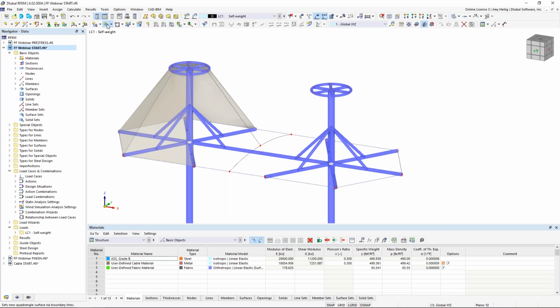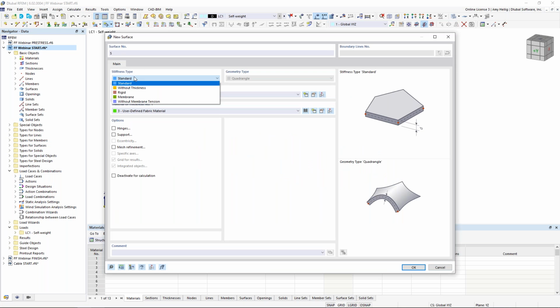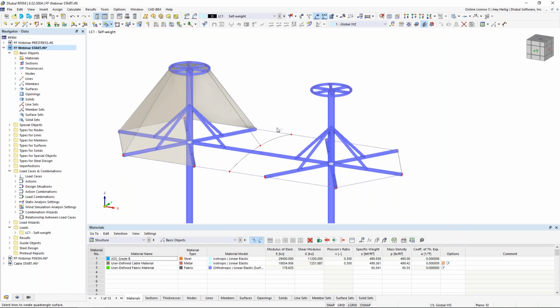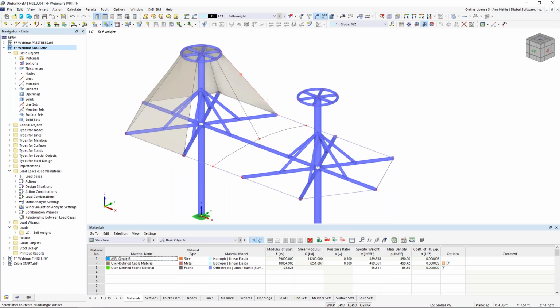structure by drawing a new quadrangle surface. Remember, the stiffness type must be set to membrane. I don't need to redefine the thickness or the material. And by the way, if you have these user-defined materials for your fabrics as well as your cables, remember those template options to go ahead and save so that you can open up an RFEM model with those user-defined materials already set. We click OK in this dialog box, and then I can simply select the boundary lines here for